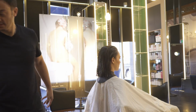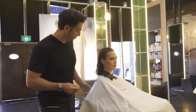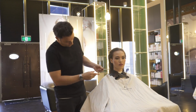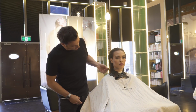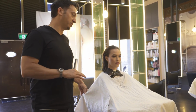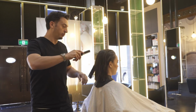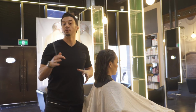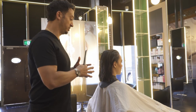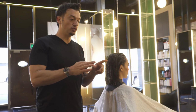Alright, so Sinead's hair, we're probably going to aim for somewhere just on the chin because I think that's most complimentary for her. And then again, I think today the focus is going to be to make sure that we create the look, but we don't want to make something really super busy. So we start with, you know, when you have a dramatic change with the haircut and the colour, I think